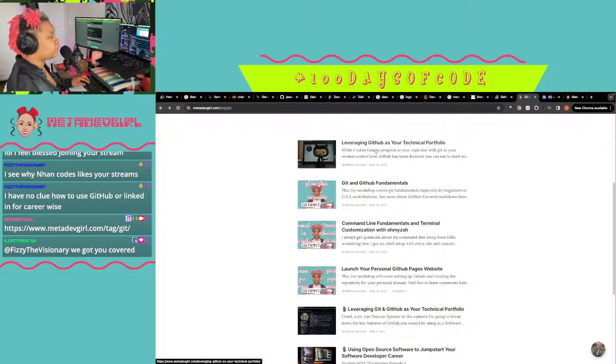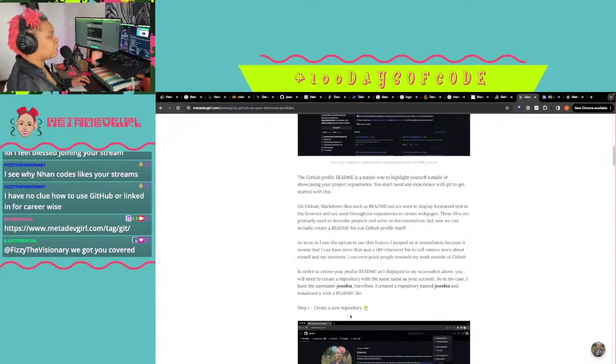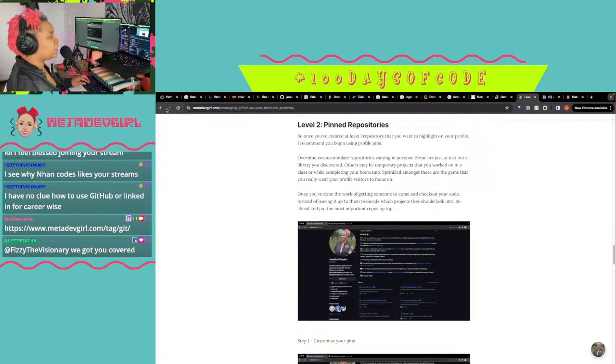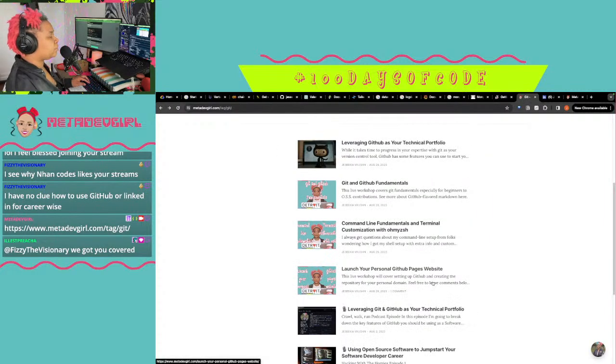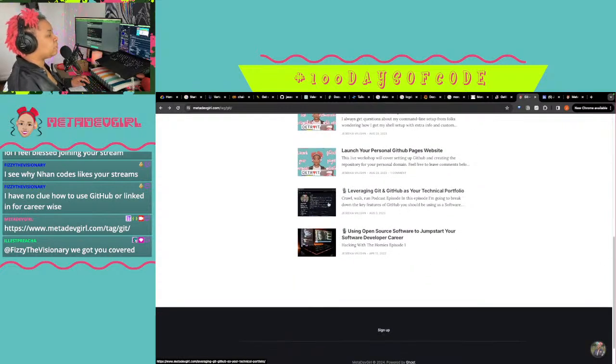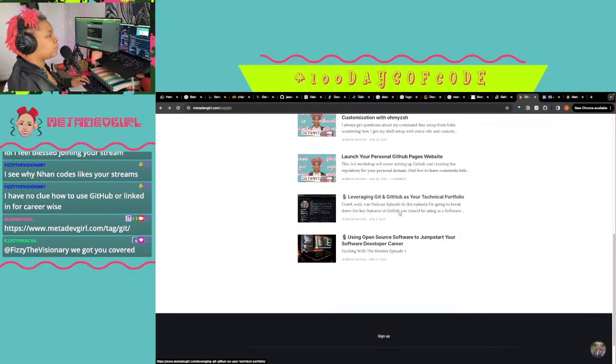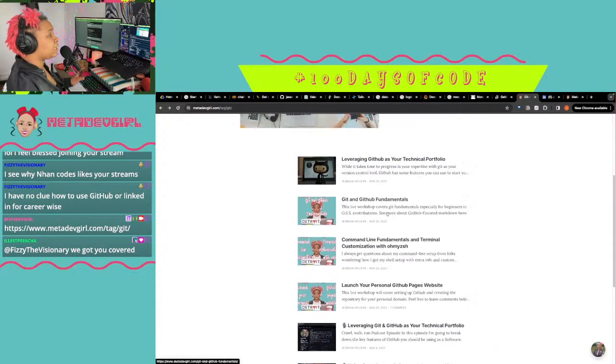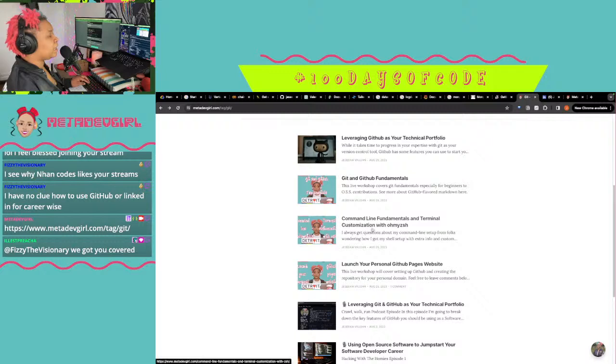But anyways, I did a blog that shows you how to set your repository up on GitHub and everything, how to set up your account in an optimal way. And then this one describes more about how to do all of that if you need a walkthrough. The audio is kind of terrible on there, so I'm going to go back and redo that. But then if you want to know how to use Git, the command line workshop and the Git and GitHub fundamentals, those two go together.